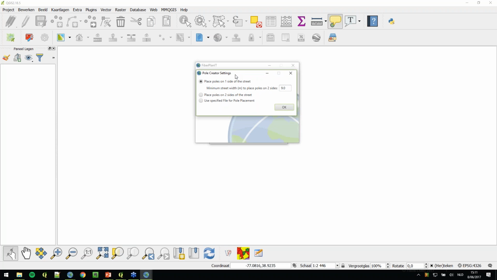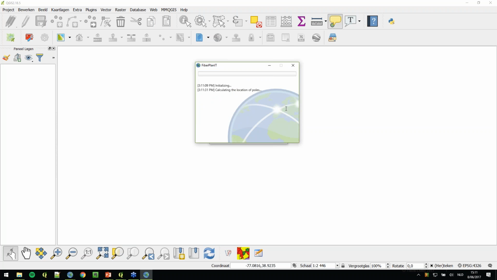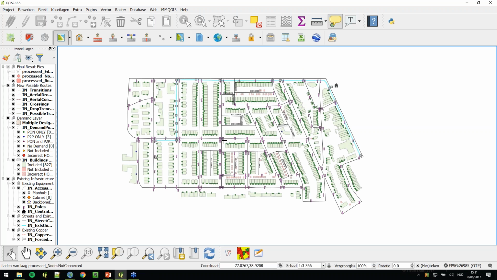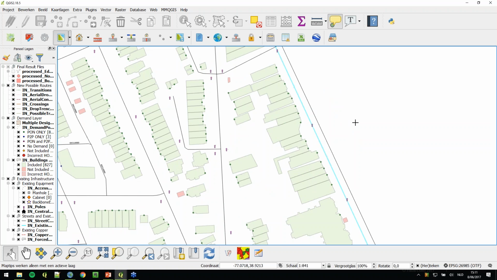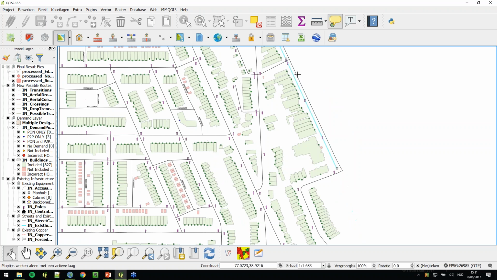If you have an area where you don't have any existing pole infrastructure, but you want to do an aerial design placing new poles, you want to place the poles on one side of the street, the software can automatically generate these poles, and the placement will take into consideration the locations of the buildings. So poles will only be placed, if you choose one street, at the side of the street